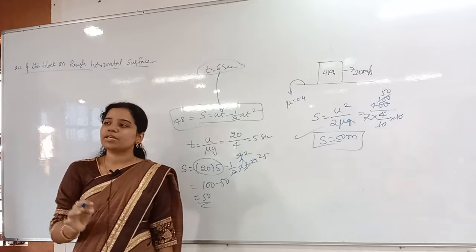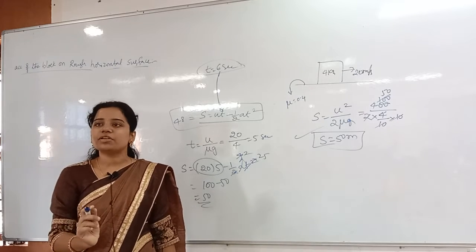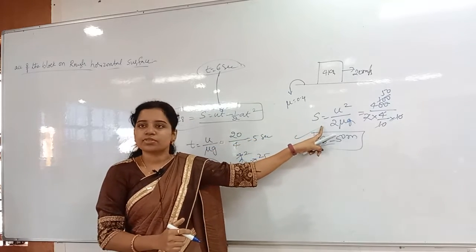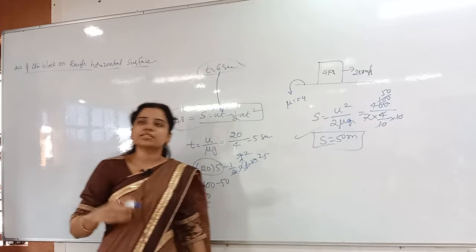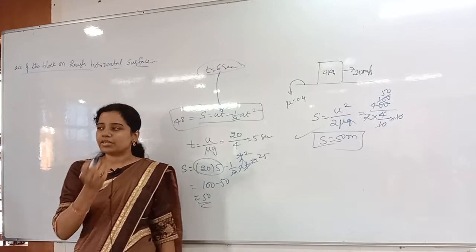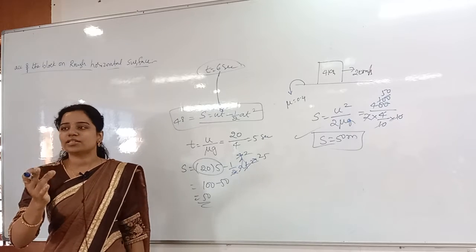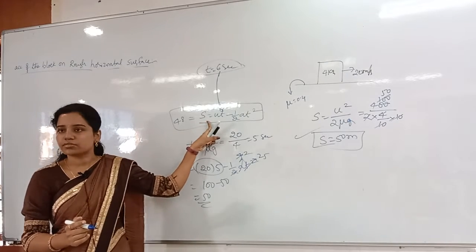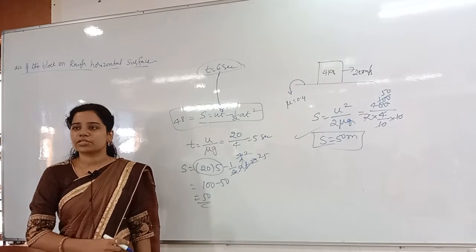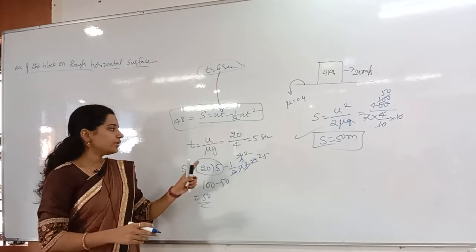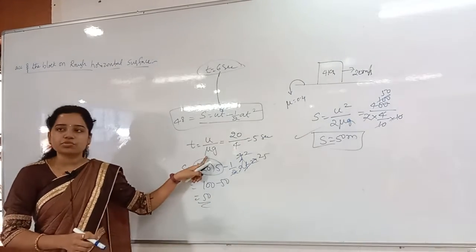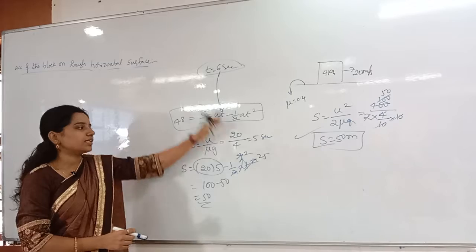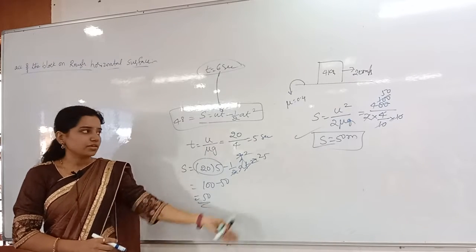So in kinematics also, while solving stopping problems, which formula do we always use? v square minus u square equals 2as only. From that only we got this formula, so that will be the easier method. If they are asking for the distance after time t, and you take s equals ut plus half at square, you will get the wrong answer. Clear? Why? Because you don't know at what time it is getting stopped. To use that formula, again you have to use t equals u by mu g, and then check whether it is the same time or a different time. If it is different, you have to leave that time and use this time. Why do all that? Just use this formula only.